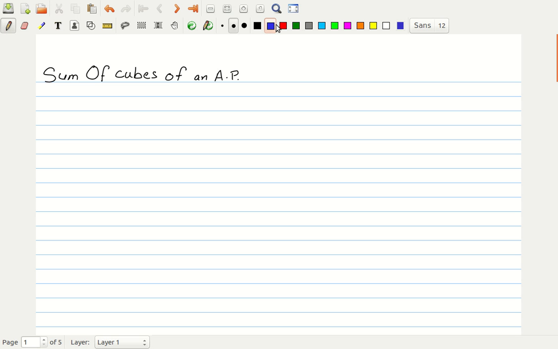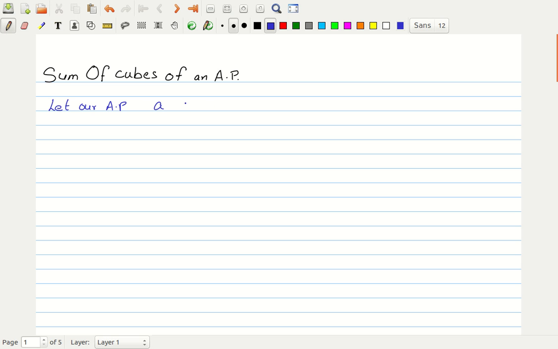In the last video, we saw how to find the sum of the squares of an AP. In this video, we are going to find a formula for sum of cubes of an AP. So suppose we have an AP, let our AP be